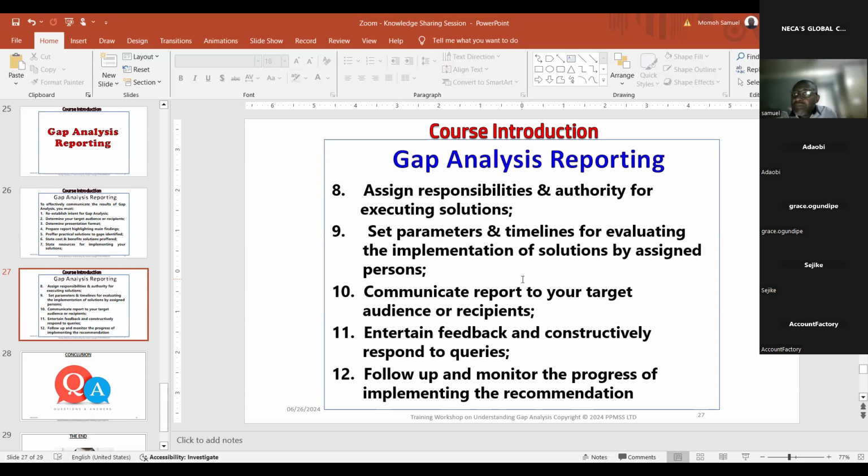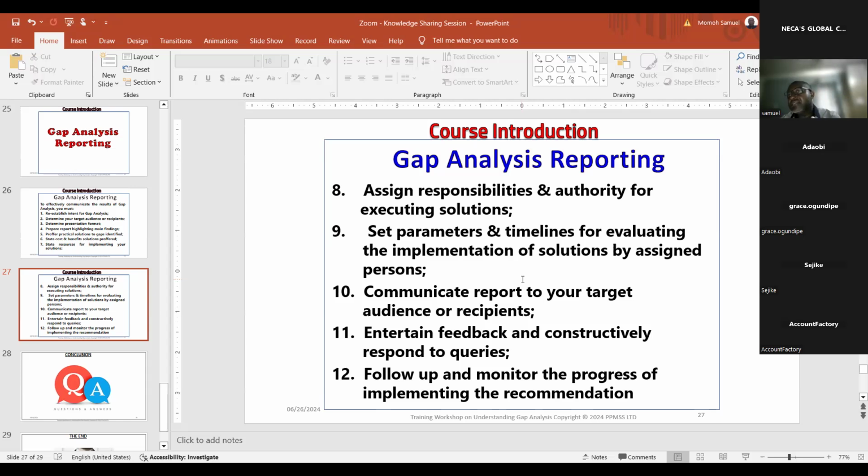When we are trying to find out if the trainings have been done and the staff are now aware. For example, if one of the solutions I preferred, based on the gap identified, is that staff do not have the requisite PPEs to carry out the jobs assigned to them. Remember, we said it's about securing the health and safety of lives and properties within the workplace. So if the recommendation based on the gap analysis is that we do not have, as an organization, the requisite personal protective equipment for staff to work with,